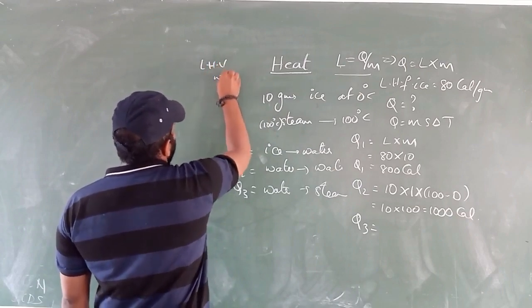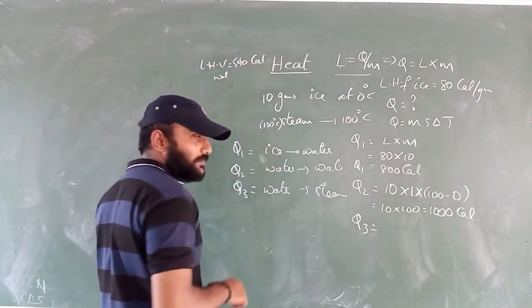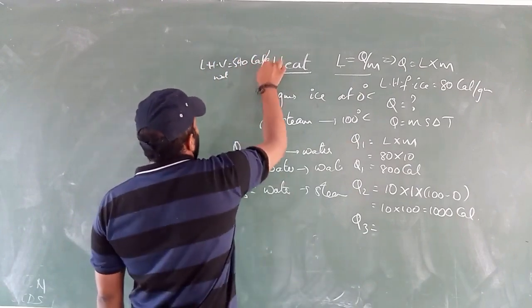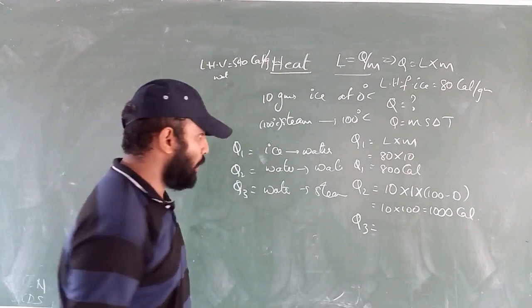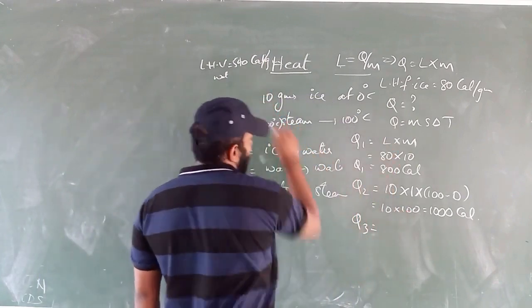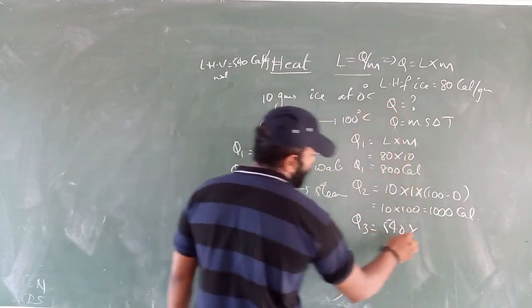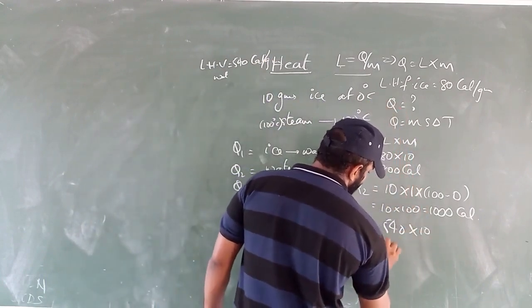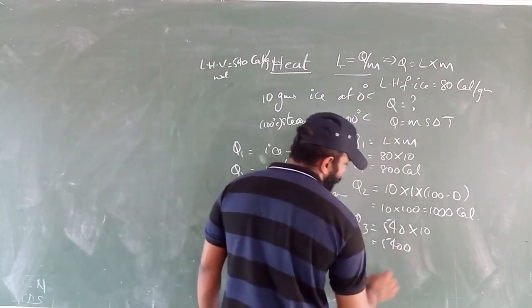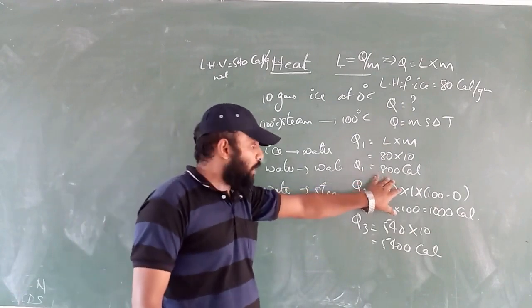Latent heat of vaporization of water is 540 calories per gram. So what will we write? Latent heat of water is 540 into M. What is the mass here? 10. What will you get? 540 times 10 means 5400 calories. So here we have got Q1 value 800, Q2 value is what? 1000